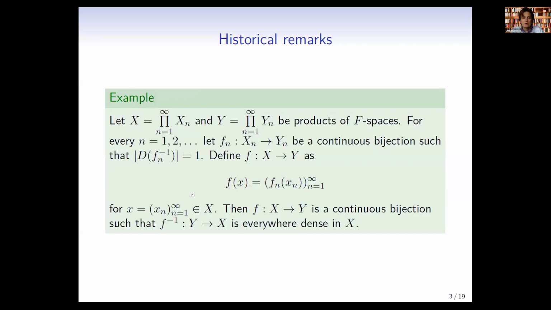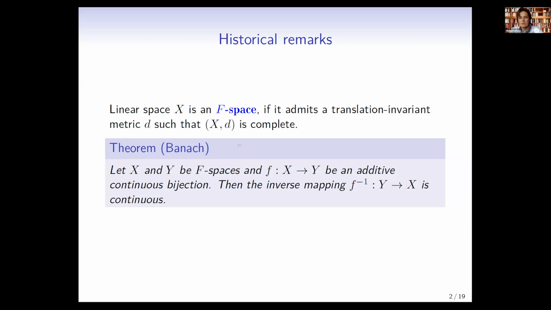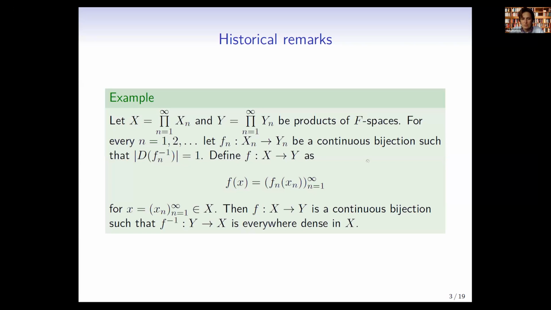The next example shows that in general the inverse mapping can be discontinuous, not only in one point but on an everywhere dense subset. But I see that I have a graphical mistake. So let me have